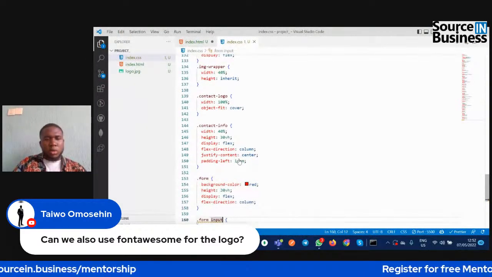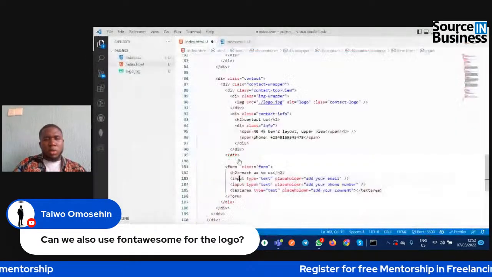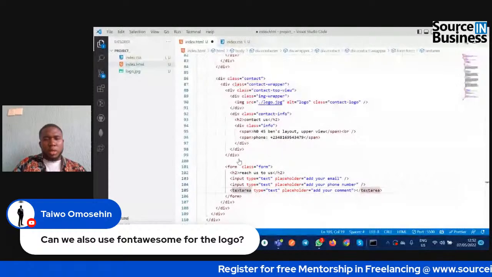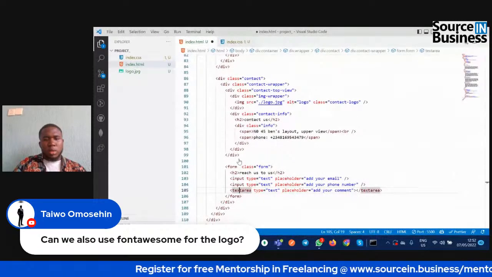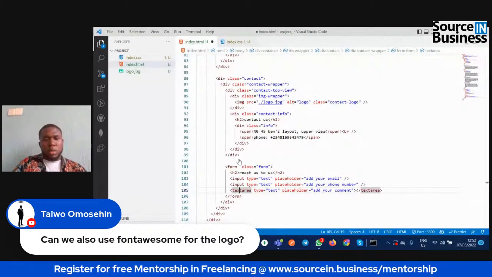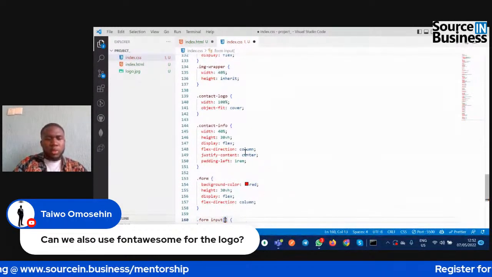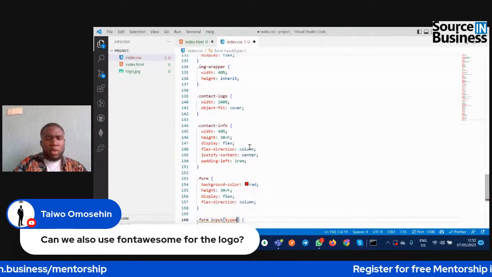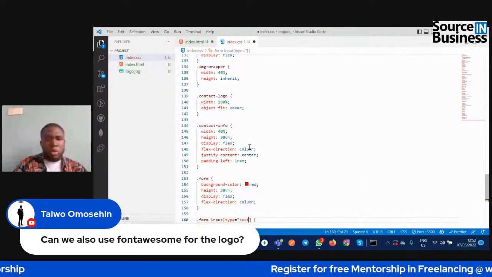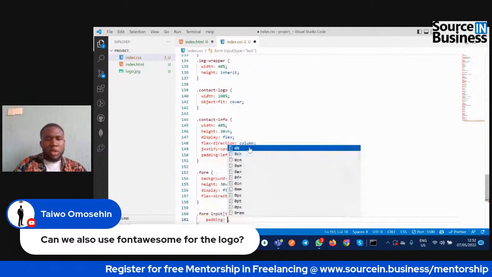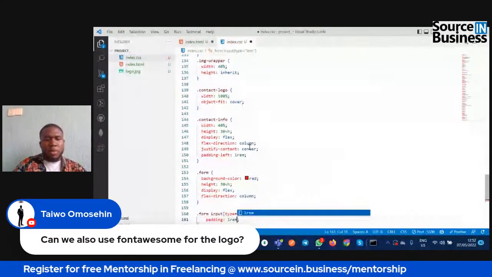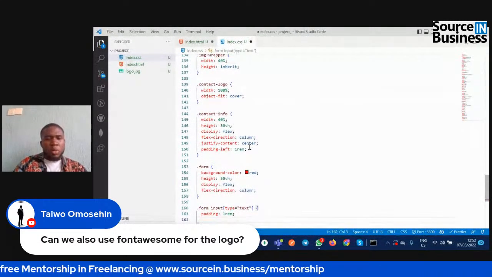So form that has, okay, so let's say input that have an attribute type, that have a type attribute that is equal to what? Text, okay. We want to add padding to it for the items inside of it, like one rem, and we want to make the width,